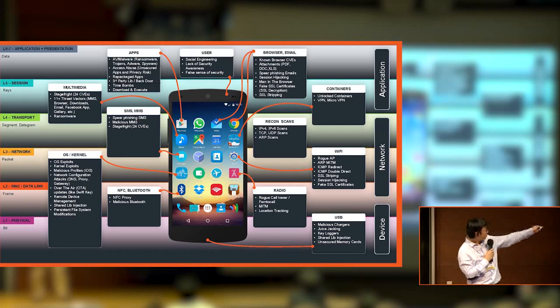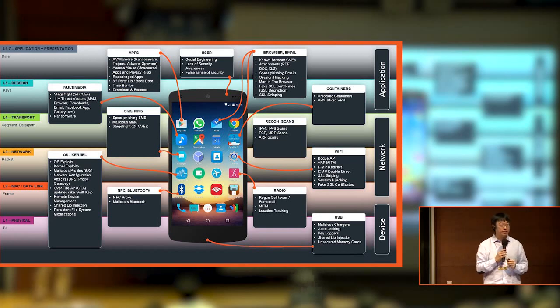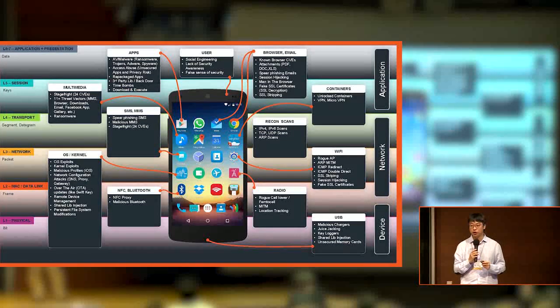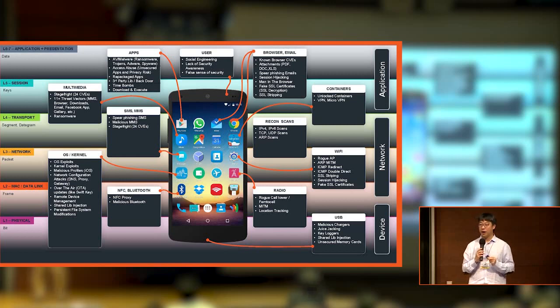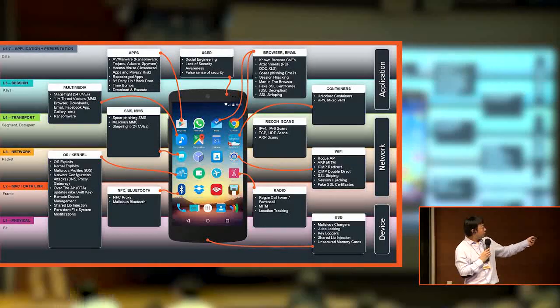Okay, so now let's have a look at SMS and MMS. In 2015, the Zimperium research team discovered the Stagefright vulnerability. At the time, it impacted 95% of Android mobile phones.